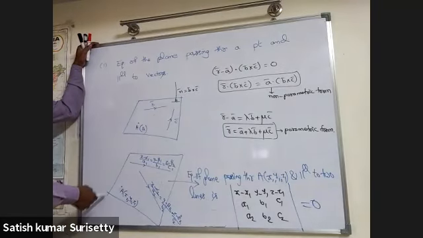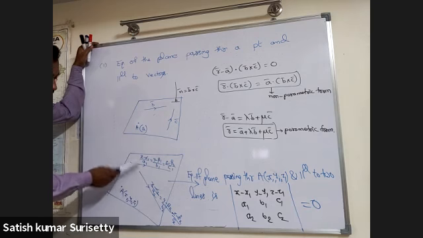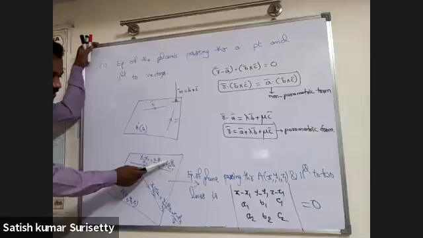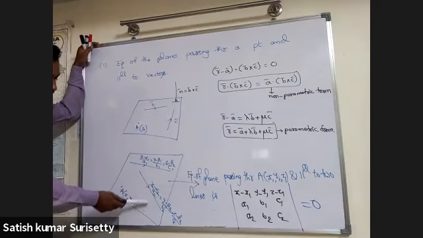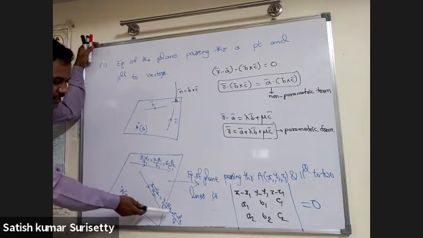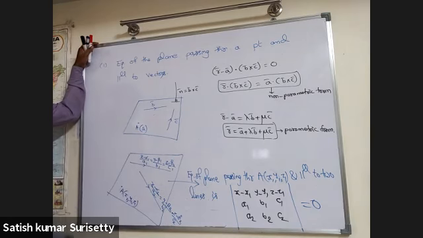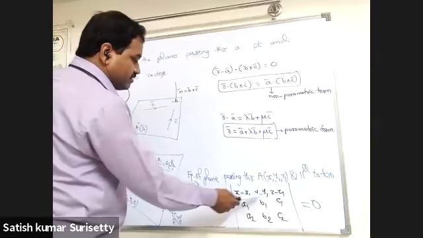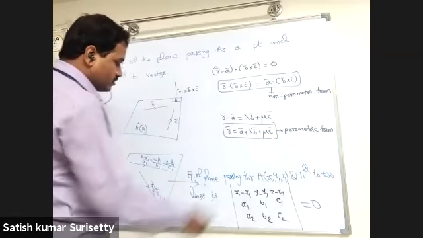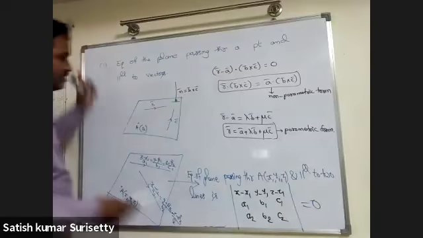the equation of the plane in Cartesian form passing through a point (x1, y1, z1) and parallel to two lines (x minus alpha 1) upon a1 equal to (y minus beta 1) upon b1 equal to (z minus gamma 1) upon c1, and another line parallel to the plane is (x minus alpha 2) upon a2 equal to (y minus beta 2) upon b2 equal to (z minus gamma 2) upon c2. So this equation we can write directly with x minus x1, y minus y1, z minus z1 as the first row, second row a1 b1 c1, third row a2 b2 c2, determinant equal to 0.